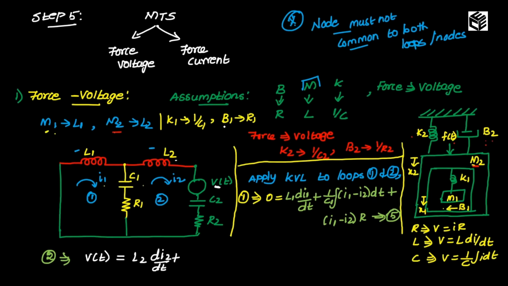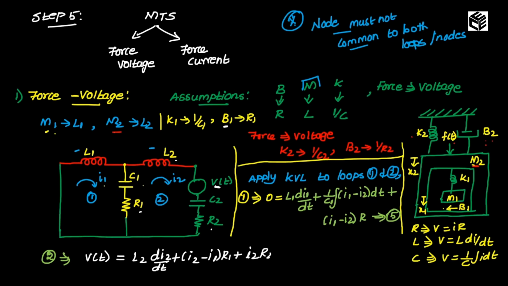Next we will check for B, dashpot. Dashpot is resistor. So I'm having two resistors, R1 and R2. So B is replaced as R. Here we have two R, that is R1 and R2. We will write formula for each. So first R1, the formula is I2 minus I1 into R1 plus, and R2 is